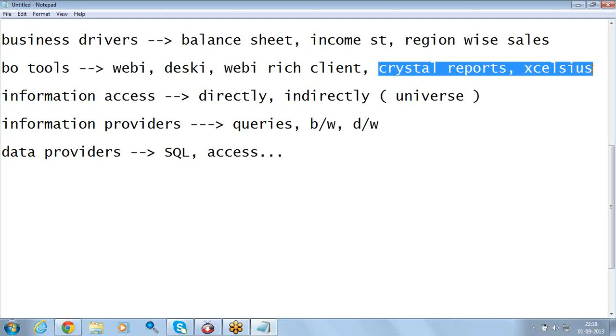Next one is the Excel sheets. Excel sheets is basically the dashboard creator. It's a tool which helps to create dashboards. So what are dashboards? Basically, dashboards are nothing but representing the data in the form of pictures. That is, a pictographic representation of the data is what is called a dashboard. To create these dashboards, there must be one tool, and that tool is called Excel sheets.